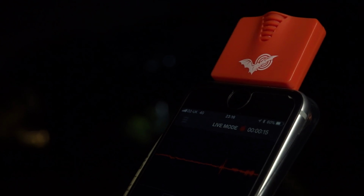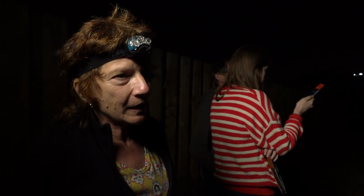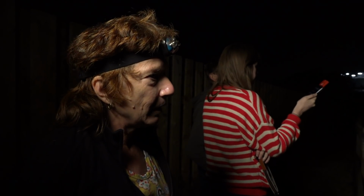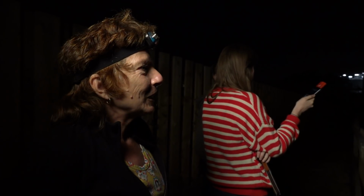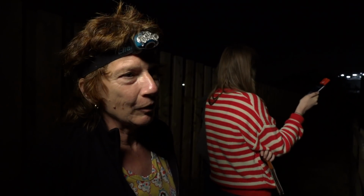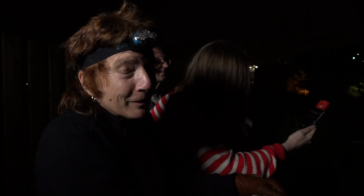While the cameras continue to record movement at ground level, Alison detects activity in the sky. Well, we can hear the bats on the bat detectors so that we know they're here. We can see a lot of moths flying around, so we know there's plenty of food. So it shouldn't be too long, we hope, before we get one in the trap. This is the birthing period. The mothers will go out and feed for half an hour and then go back to the roost and feed